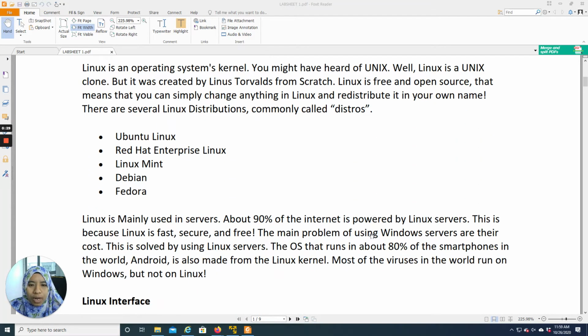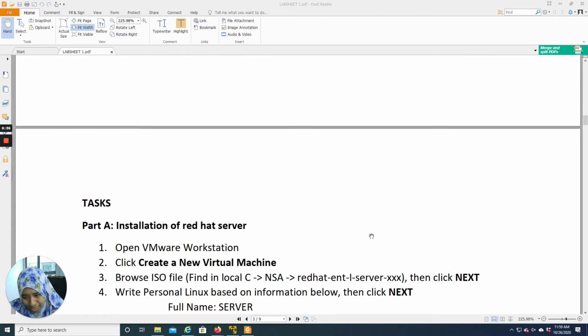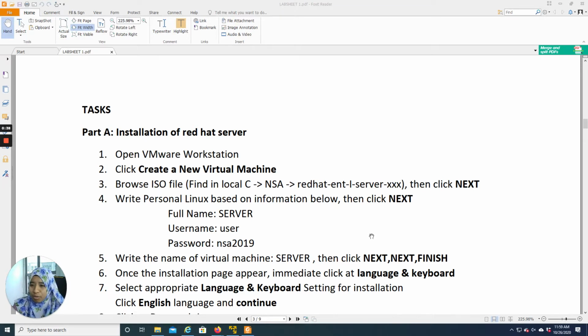Okay, actually for lab 1, you should install the Red Hat server from basics. What I have given to you is a CentOS that has already been installed by me, and you only take the image and then you can use it. Actually for lab sheet 1, you need to install it from the basics, but I'm not going to do this first. We will do it some other time. Okay, I know that you have so many things that you need to download this month, so it's okay, we put it aside and we will do the installation from the basics some other time.